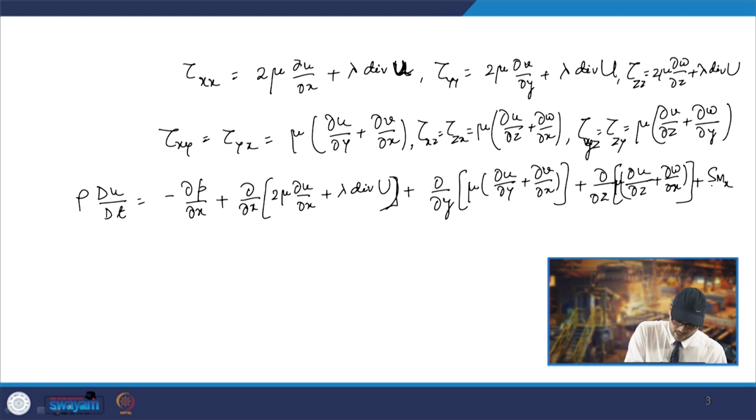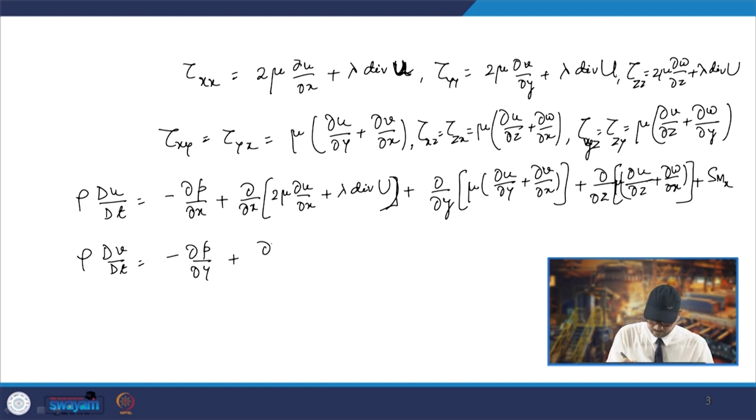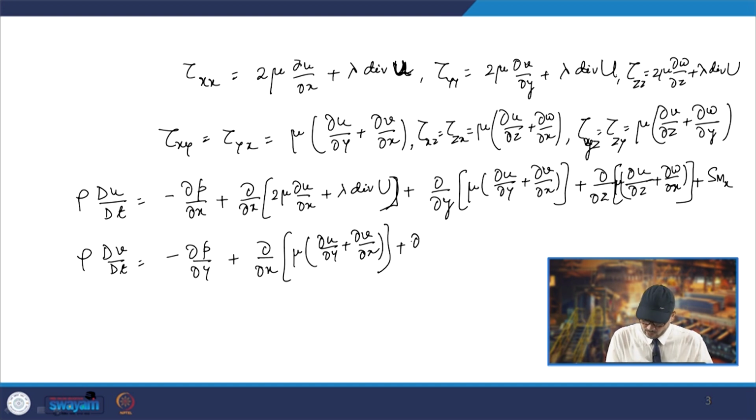Similarly, for the y momentum equation you get rho of dv upon dt. So, that will be minus of dou p upon dou y, and then the terms will come like that. You will have dou by dou x of mu times dou u by dou y plus dou v by dou x. Similarly, in this term you will have dou by dou y of 2 mu dou v by dou y